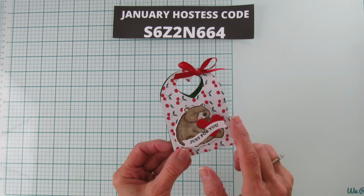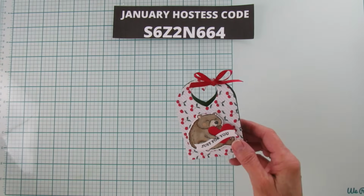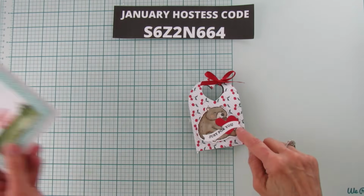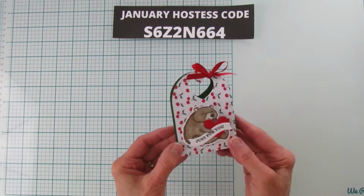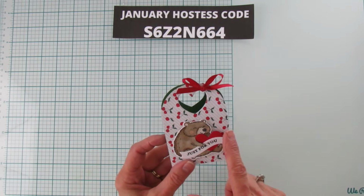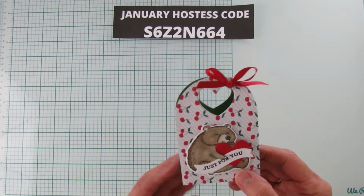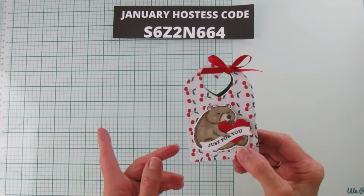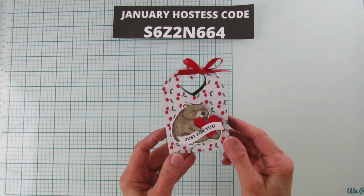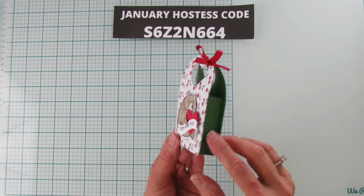And you can see that I actually used the opposite side of this for the outside of that, which is this blue right here. So the other side of this paper is these little cherries. This is just a sample that I made. So if you're going to do this with this designer series paper, make sure your cherries are going the right way, because as you see, I didn't cut this, because this is actually the leftover from that card. So I have two of them that were left over because I made two of the cards. And yeah, so I had those left over, and I am going to share this with you today